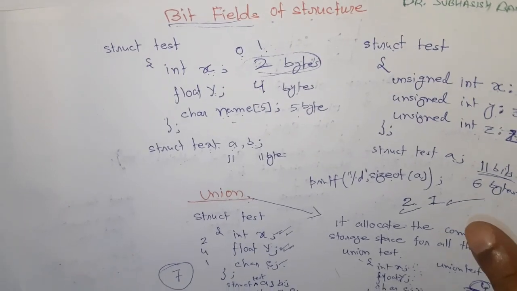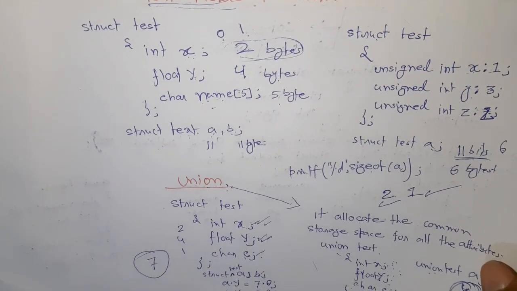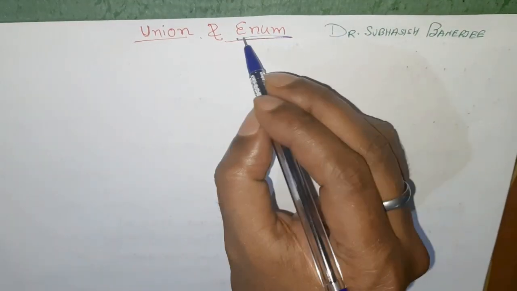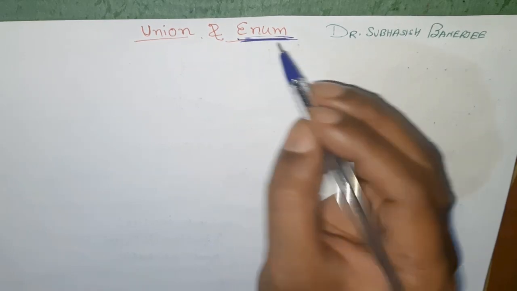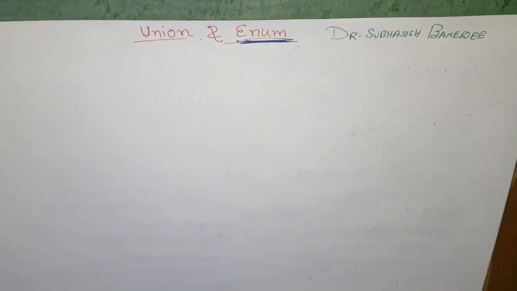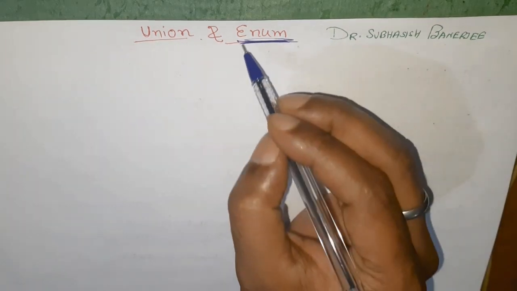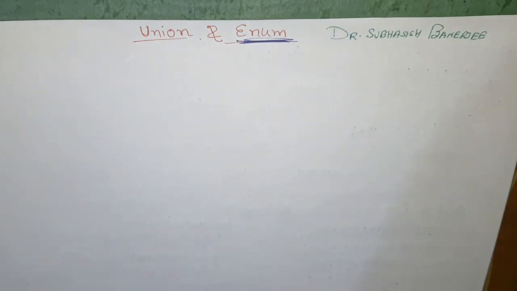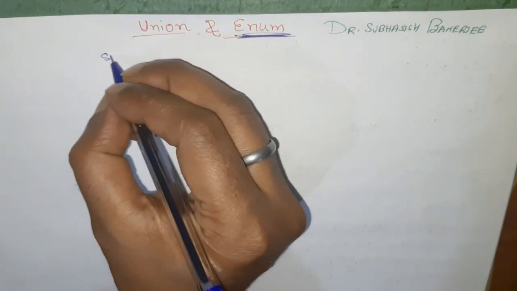So other than this structure and union, which are user defined data types, there is another user defined data type that is very useful in C, called enum. The enum is also a user defined data type, which is basically used to assign some constant value against some identifier. So whenever we want to assign some constant integer value against some identifier, we can use this enum. So how does the enum basically look like? If you follow the syntax